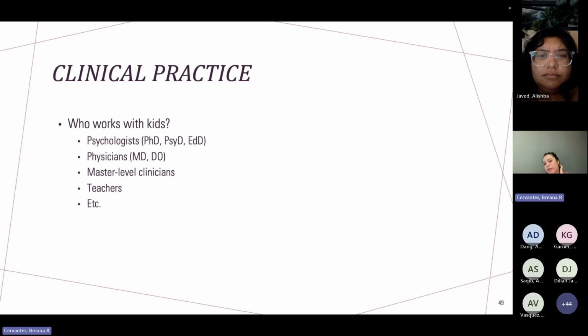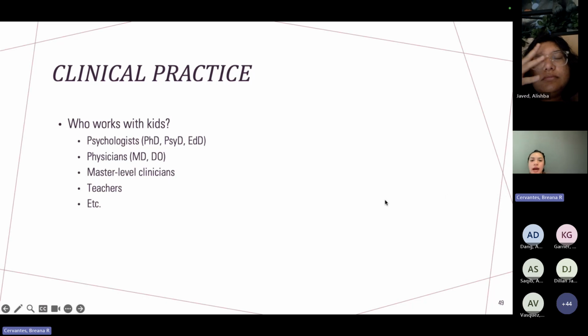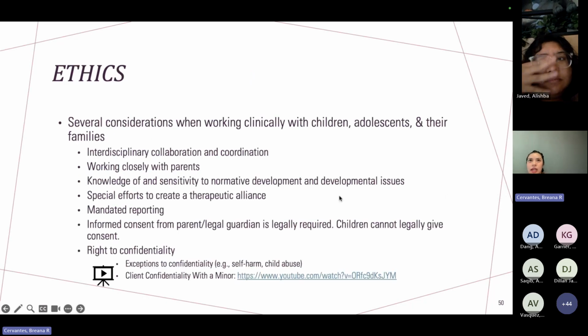It sounds like most of you are familiar with this, but there are many different professions that work with kids, whether you're a psychologist with a doctoral degree, or a physician. So maybe you're an MD or a DO, a PA, someone who's working physically or medically with the child. Therapists are people who work with kids, teachers, and of course, many other professions. So with that being said, there are really unique ethics when it comes to working with kids,